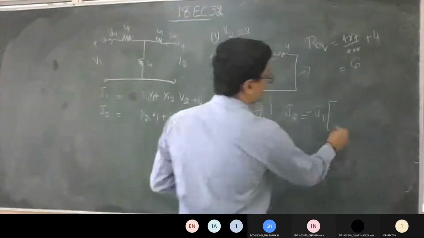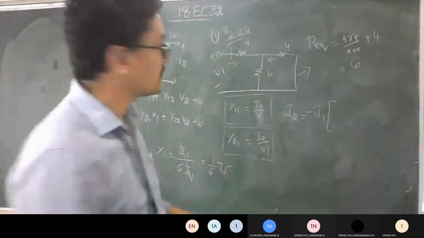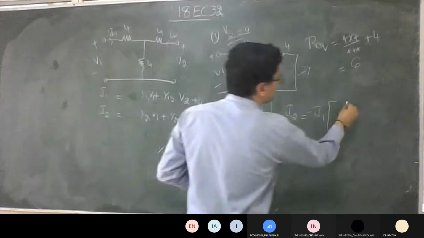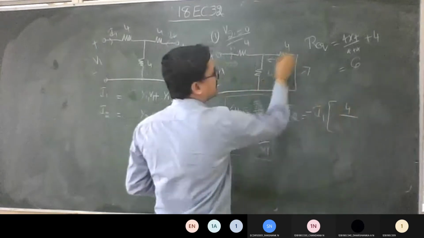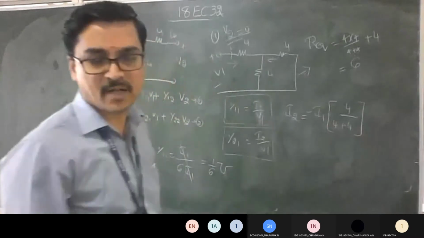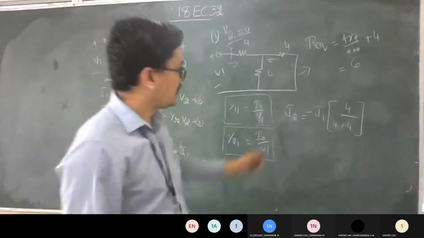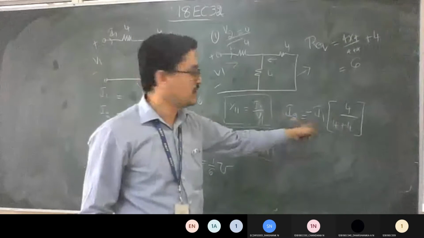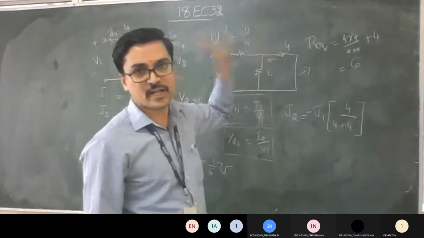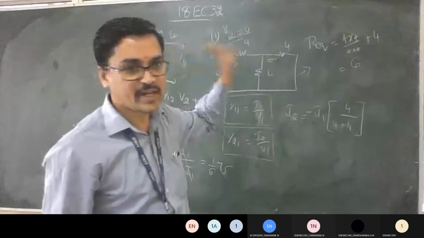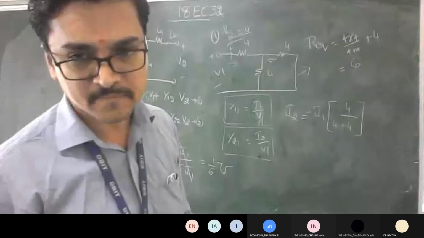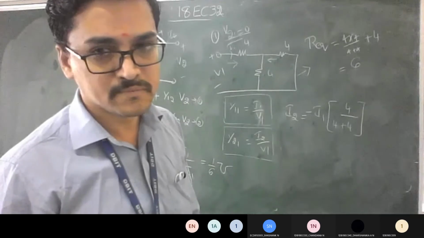Okay, so what is the opposite resistor now? For this I2, the opposite resistor is this. Correct? So it is 4 divided by the sum of these two, so it's 4 plus 4. I hope I taught you the concept of the current divider rule. Branch current is equal to main current into opposite resistor divided by the sum of the two resistors. So why did I write minus? Because both are in opposite direction. Am I clear till here? Is it fine?